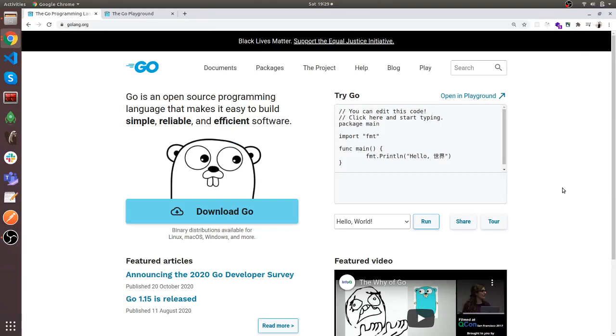Today we're going to talk about something very interesting, the Go programming language. And this is something that as a JavaScript developer has intrigued me so much because it is a statically typed language that brings the simplicity of a dynamically typed language to the statically typed language world. And that's so interesting. And they're not kidding about the simple, reliable, and efficient part of their tagline because it absolutely is. It really is an amazing language, and that's why I'm going to introduce some of the fundamentals of